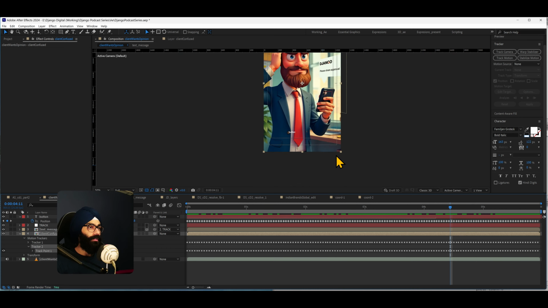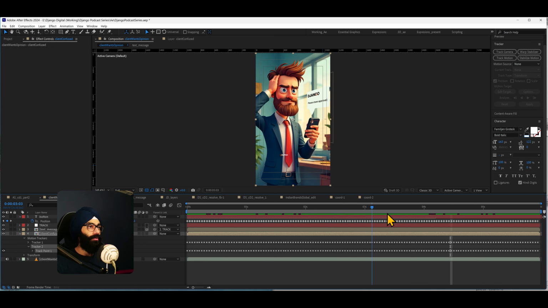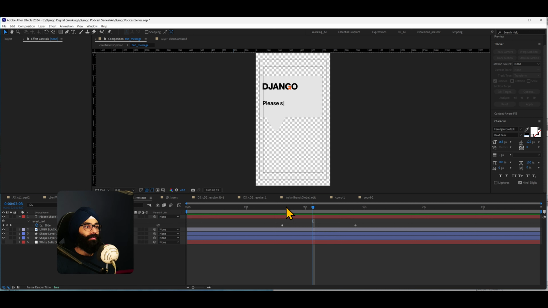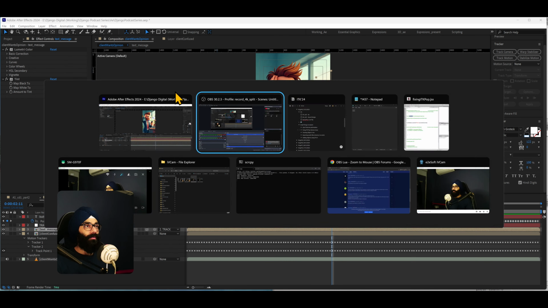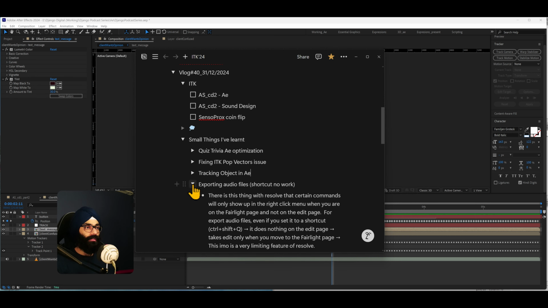It's not perfect, it's moving a little bit, but that we can go ahead and change. Basically this is how I made this thing here. So instead of just text, that is an actual pre-comp that we have applied things to, and there is a simple text animation inside. Okay, so that was the third thing. The last two are not that important. I'm just going to go in here.